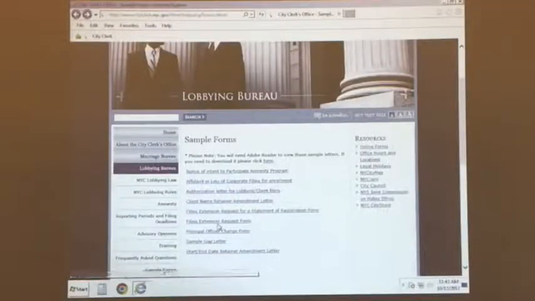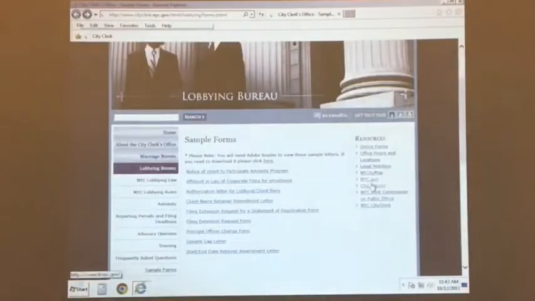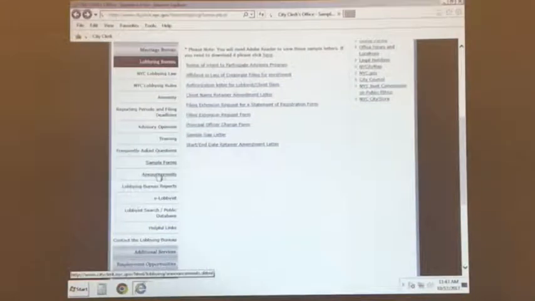Our extension forms are here. There's a form for the statement of registration, and then there's a form for other reports. Again, also designed to be simple and quick. The sample authorization letter is also here. From time to time, we do announcements, particularly on filing issues or whatever we need to distribute. We do less now, ever since we revised our rules in their entirety. But certain complicated filing matters are explained in announcements, so you can go there.